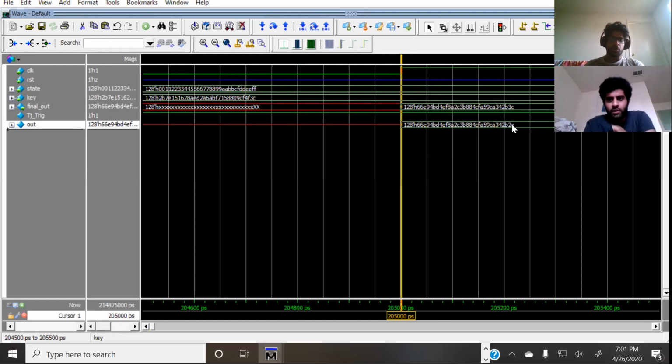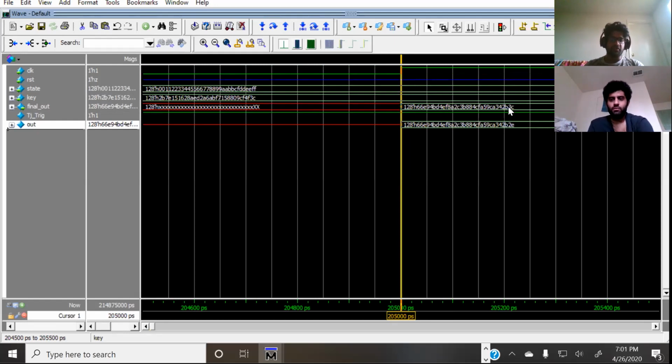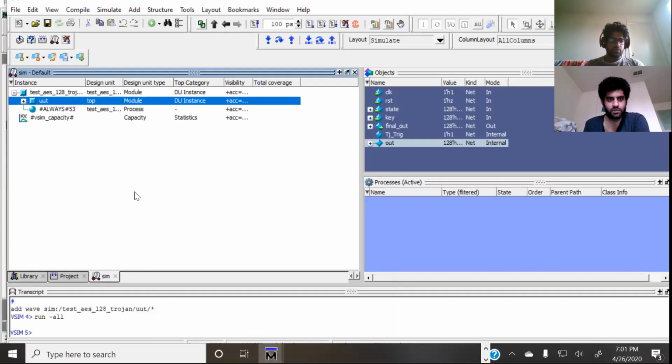So this is the encrypted output that we'll get traditionally from the AES, but since the Trojan has been triggered, it's going to modify this according to the code, which I'll show you, and Devansh can explain it better.